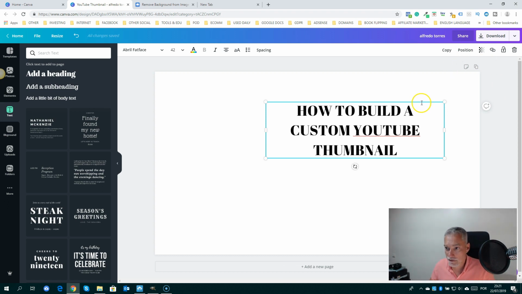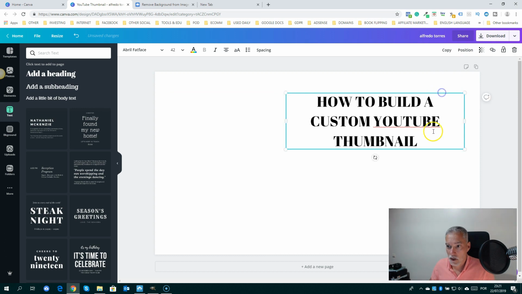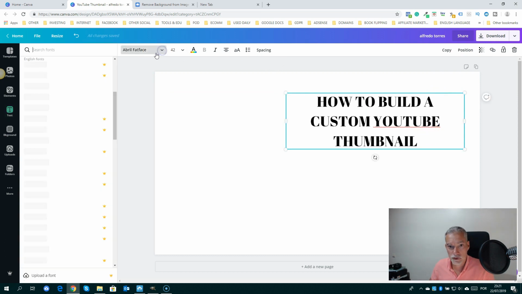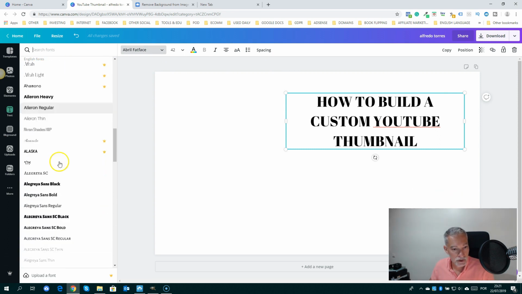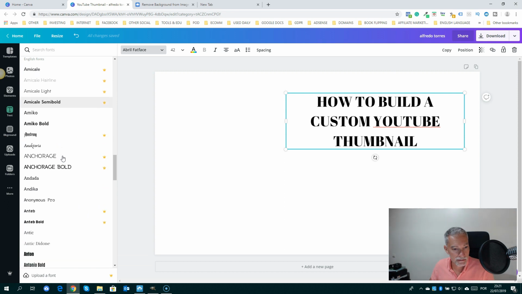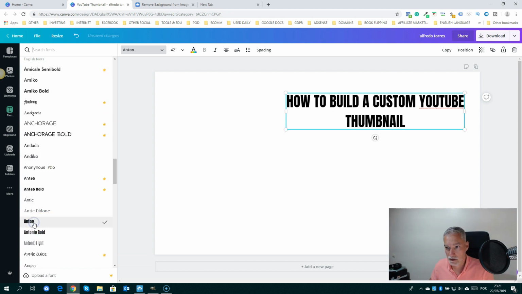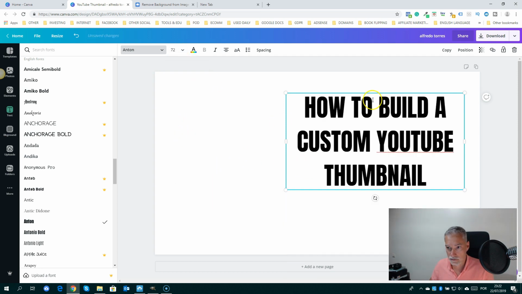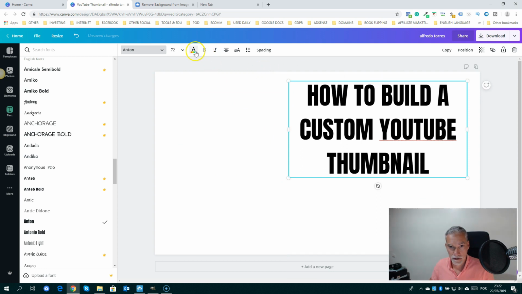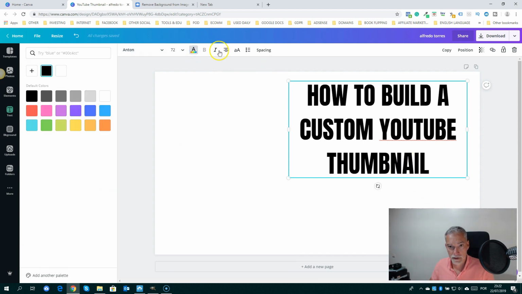So then you have here the option to choose the font. So let's choose this one. Let me see the one that I'm using. It's this one. Okay, you can increase or decrease the font size. So let's increase this. It's too much. Okay, the font color. Okay, and then you have other options: spacing,